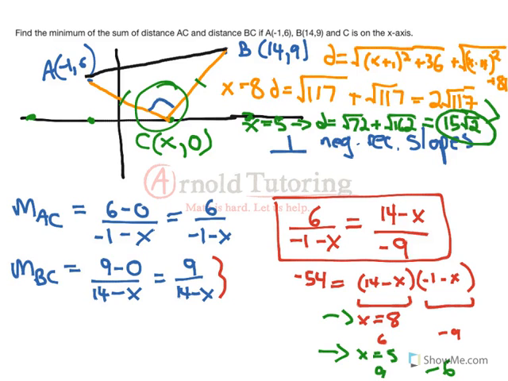Then it made us say, okay, how do we get that right angle? Well, we need the slopes of the two lines to be negative reciprocals. Set that equal to each other, and it required some algebra. Plug it back in, and then lastly we needed to know our distance formula, which is just Pythagoras, and then compare the two answers we got. Pretty difficult question in terms of how much work. You know, that took us about 5 to 6 minutes just talking through it, but all skills that we should be able to